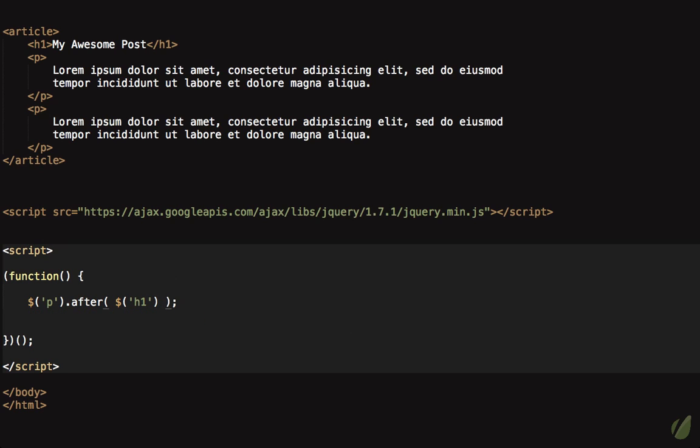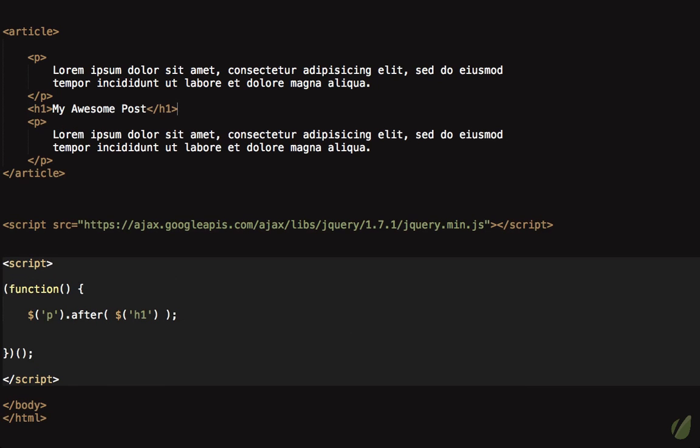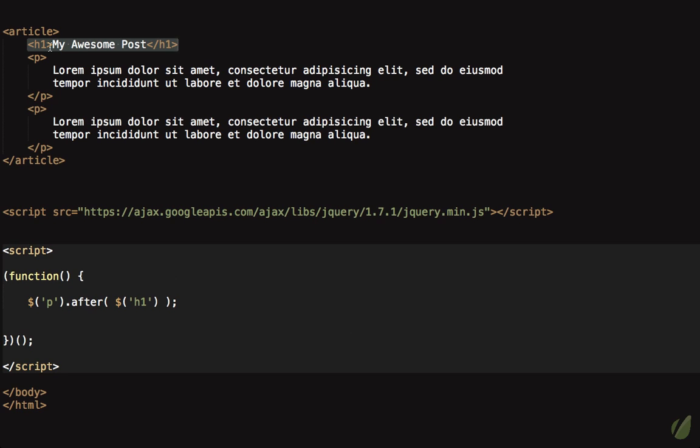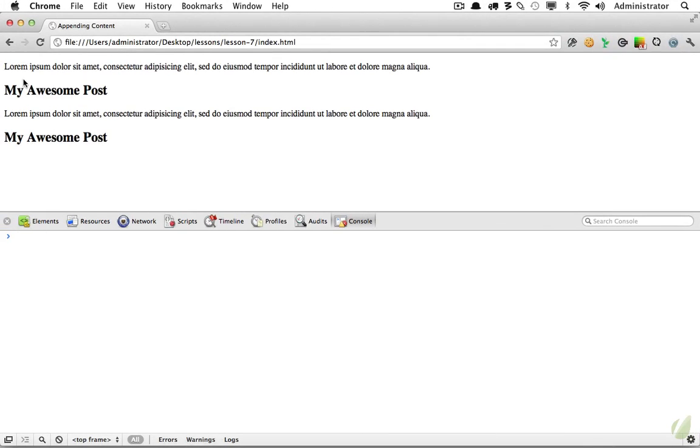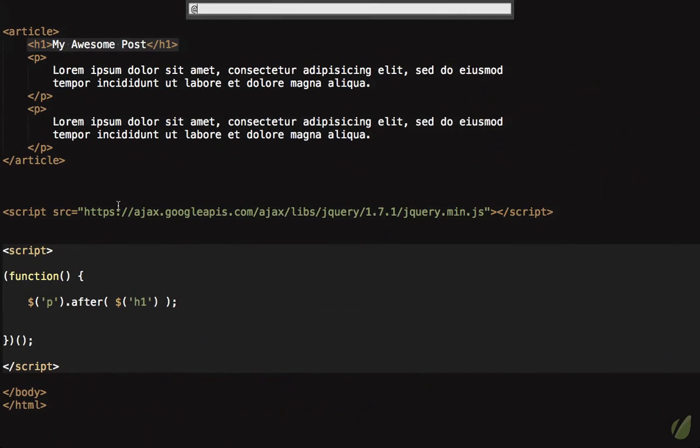But now what you're going to see here might be a little different than what you would expect. You might be expecting, okay, we're simply going to see essentially this. And that's not going to be the case. You're going to see two h1 tags. Let's try it out. There it is. There's two. And this is why you need to be as specific as possible. We're getting a collection of paragraph elements. You'll often hear this referred to as a collection. And then we're saying after each one of those, we are going to append whatever the first h1 tag that